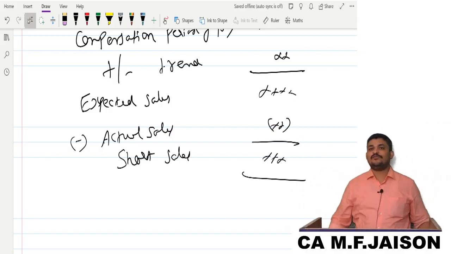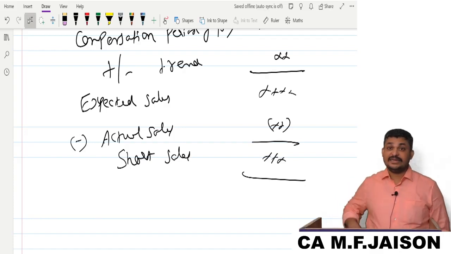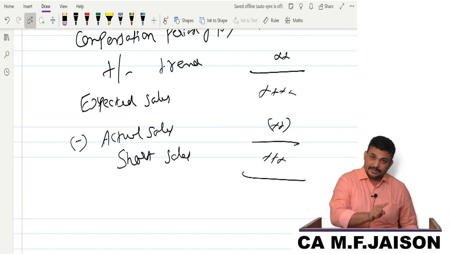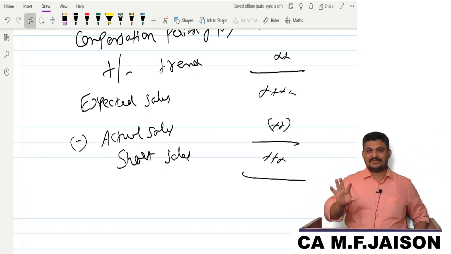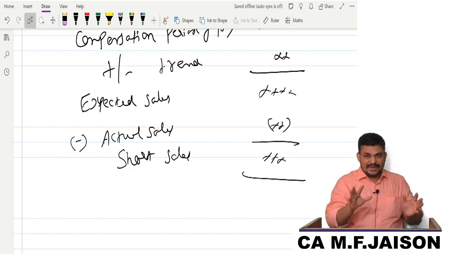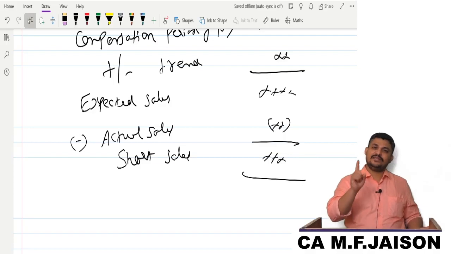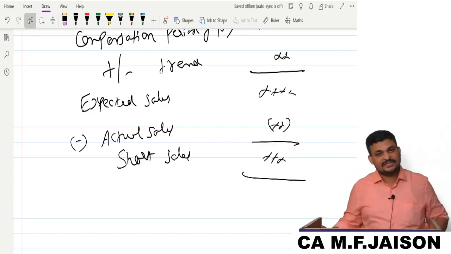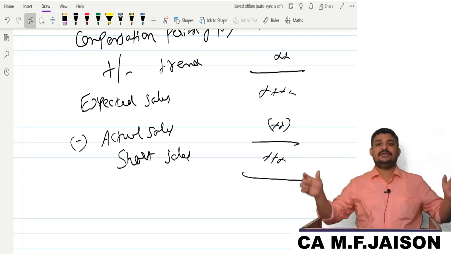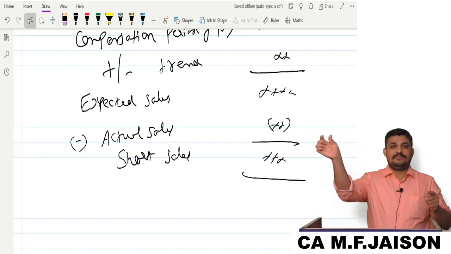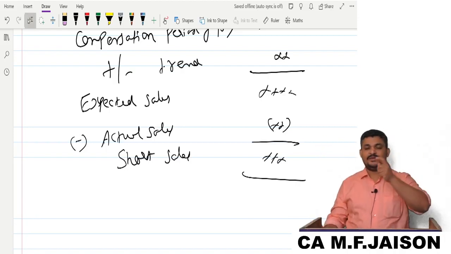Again, like that the 4 steps come. Step number 1: identification of compensation period. What is compensation period? Indemnity period or interruption period, whichever is less. Though I am stressing this terminology, in the questions most of the time they will give only one period, so that period straight away becomes the compensation period. But still you can write step number 1 and mention that period.